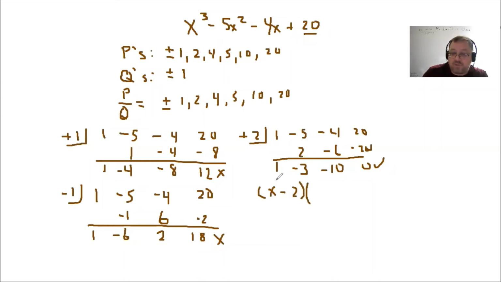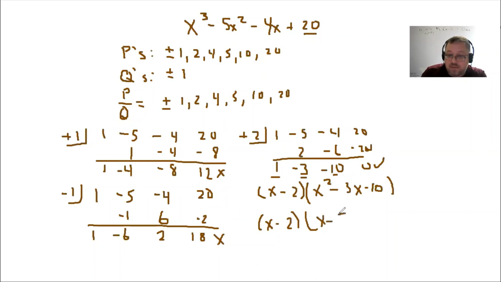And what I have left is this number here. So I started with a cube, so this becomes x squared minus 3x minus 10. All I am doing is bringing down these numbers here. Now, you can keep on going. You can keep doing this to get all of them, or you can look right here and say, you know what, Mr. Griffin, I remember my quadratics, that this is easy. 2 times 5 is 10. 5 minus 2 is 3. So this is simply x minus 5 times x